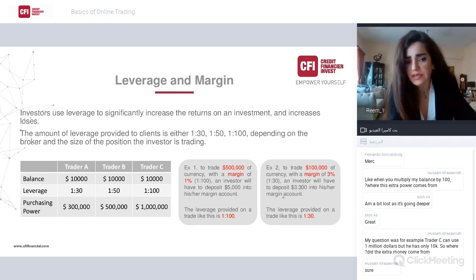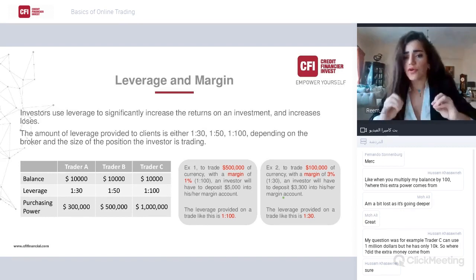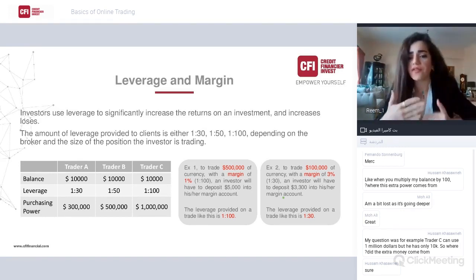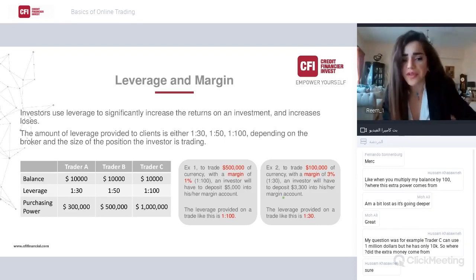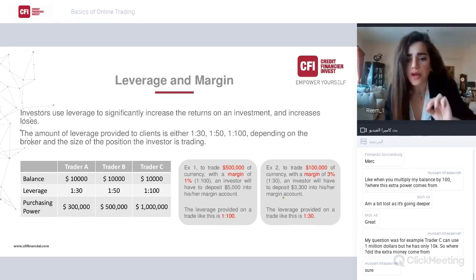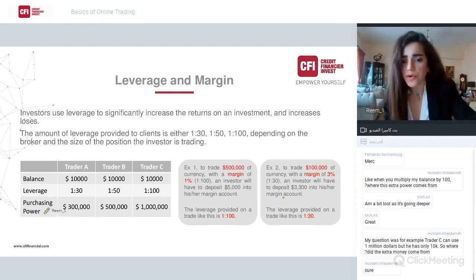So 3,000 is how much from your balance? You started with 10,000. 3,000 to control this lot. 3,000 at the moment is 30% of your 10,000, right? This is more, you stop here. You keep $6,000 to $7,000 in your free margin to control the movement of the market. This is how you keep yourself in the market. You stay protected when you only use 25 to 30% as your margin,